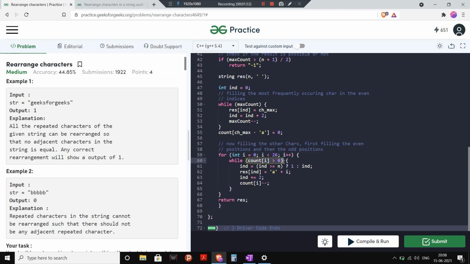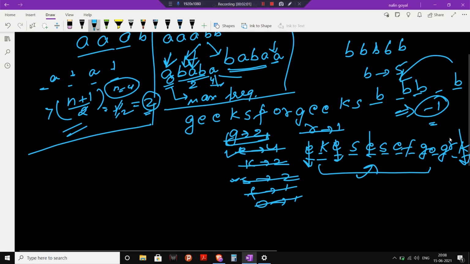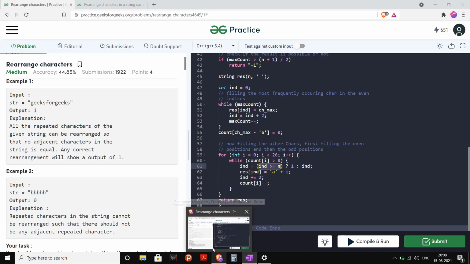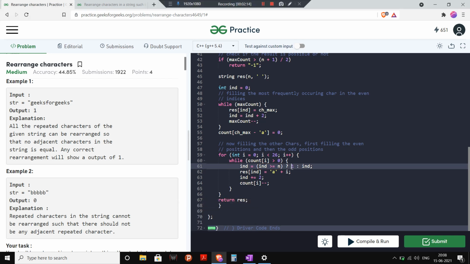Now if the frequency is greater than 0, and if my index is greater than or equal to n, what does this mean? This means that my index has gone past the last position, so we will come back to position one.